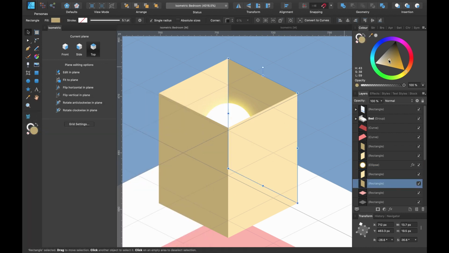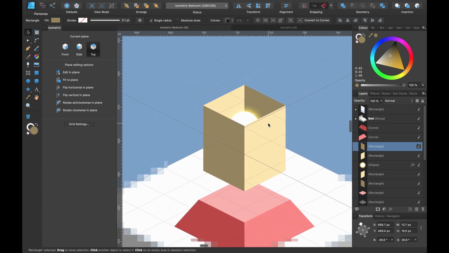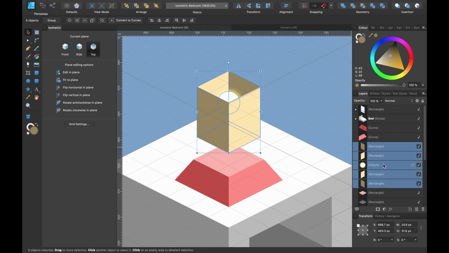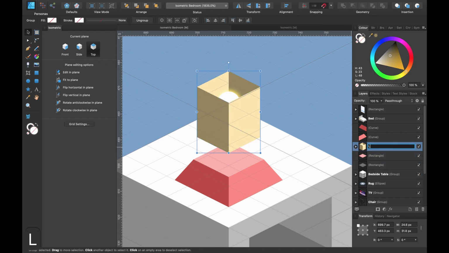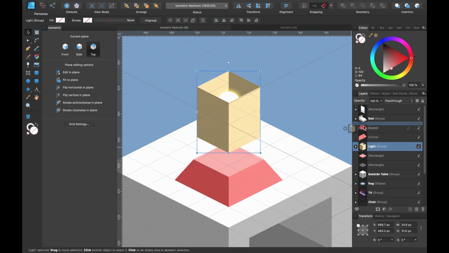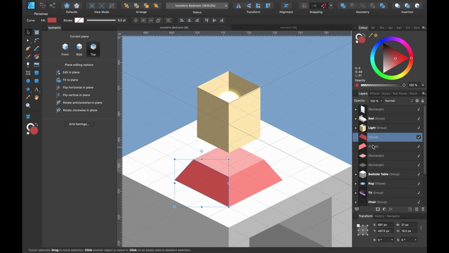Let's make this slightly darker so that you can see that a little better. And we'll do the same with this. Eyedropper tool there. Now we just need a stem underneath really. So I'll just package these layers up. Command G. I just call it light. I just add that on top. This is our base here.